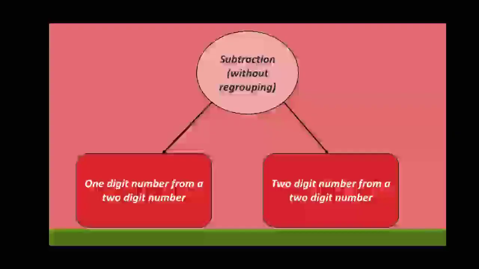let's see a small recap of last class. Do you all children remember what we saw in the last class? Yes. In the last class we saw subtraction in 2-digit without regrouping, right? In that we know that we have two types: 1-digit, where we subtract a 1-digit number from a 2-digit number, and the other type, a 2-digit number from a 2-digit number, right? So for example, the first type is